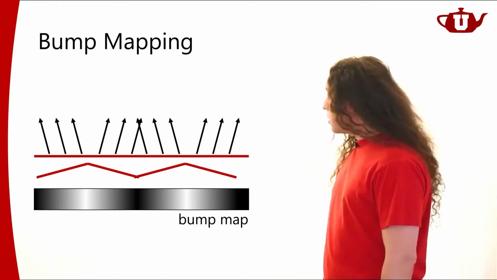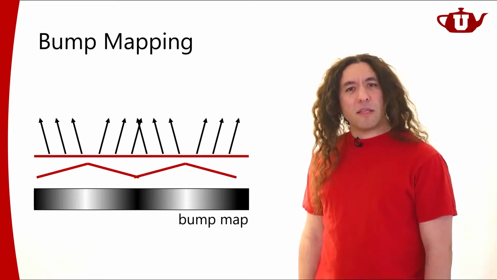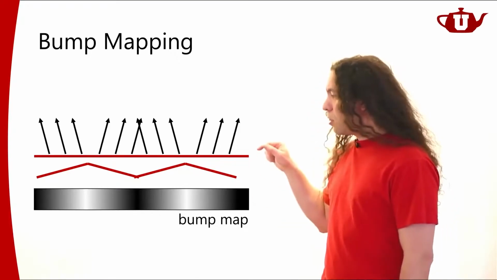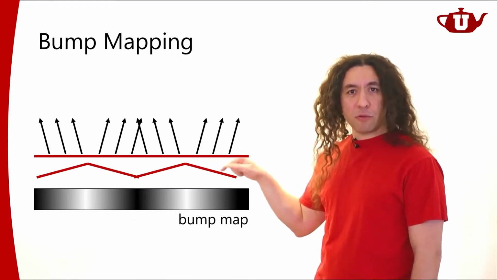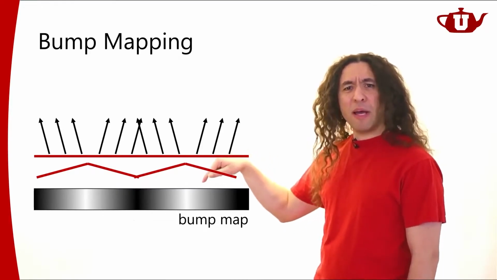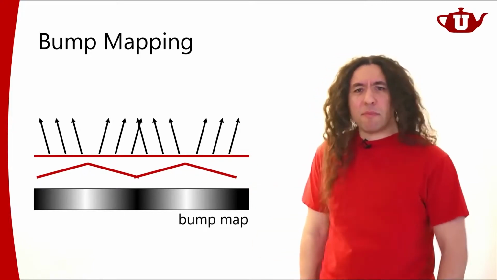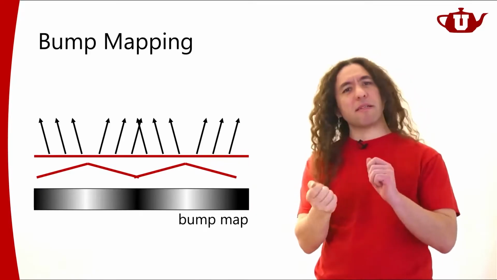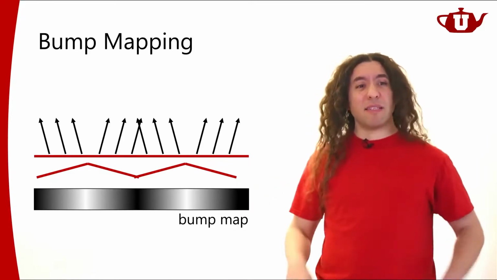Very, very simple, but it's a little bit annoying in the sense that you kind of need to look at the change of the height map values here when you're using bump mapping. You need to look at the gradient. You need to look at the value differences. It's okay, it's not that hard, but I just need to look at the neighboring pixels and then compute the differences, and that's how I do it.